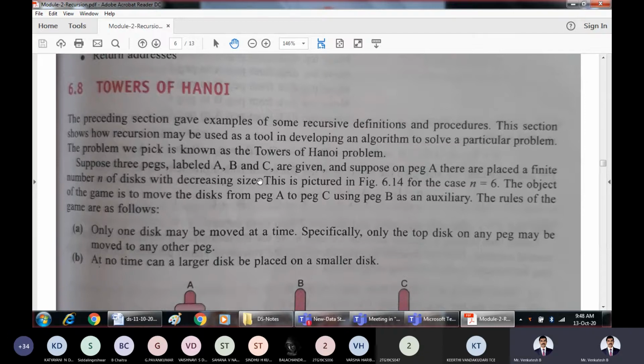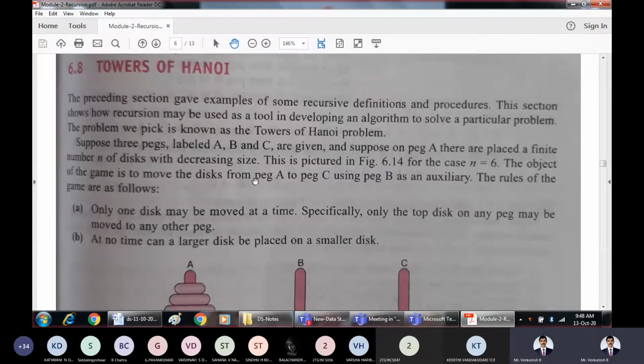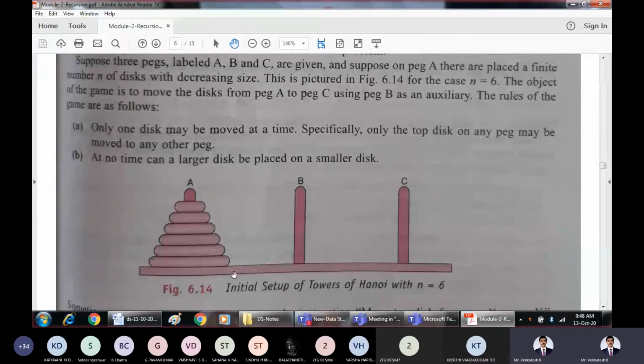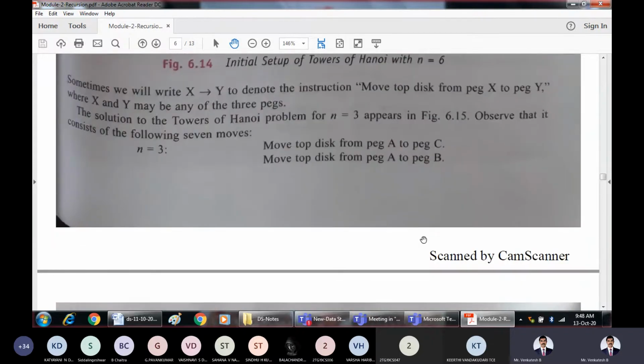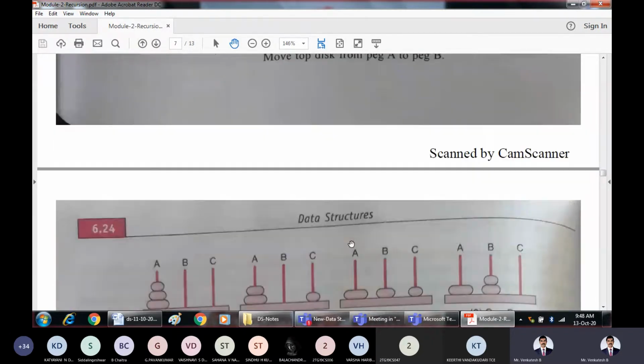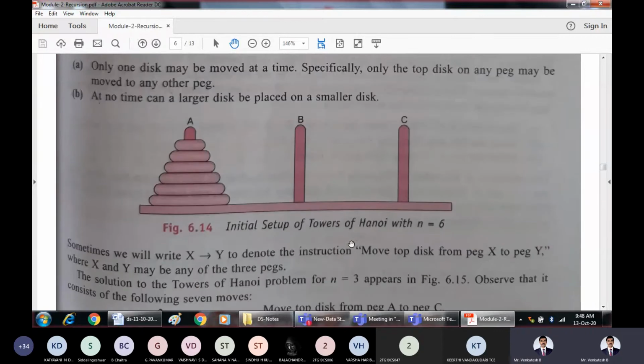The tower of Hanoi is a very simple approach in which what we have to do here is, given a set of disks, all these are called disks, we should be able to move all these disks from the source pole. These are poles: pole number 1, pole number 2, and pole number 3. A is the source and C is the destination. You should be able to move all these disks from this source to the destination C. So that is the defined problem.